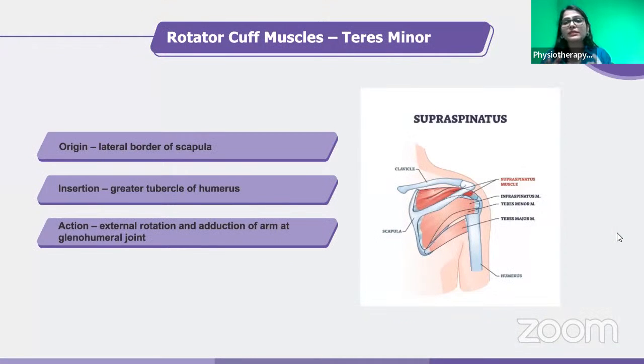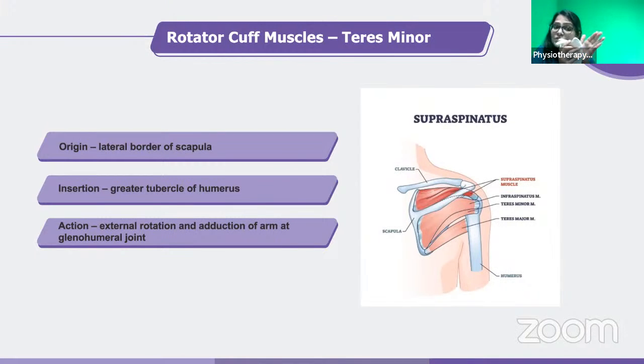Okay. So infraspinatus will cause external rotation. Next, teres minor. So again, teres minor takes the origin from the lateral border. Medial border, what was there on the medial border? On the medial border, you had the insertion of trapezius. We have seen, no, trapezius gets inserted into the medial border. On the lateral border, contrary to that, you have the teres minor. So this teres minor also goes along with the infraspinatus. This is the infraspinous fossa, right? Along with the infraspinatus, it goes and gets inserted into the